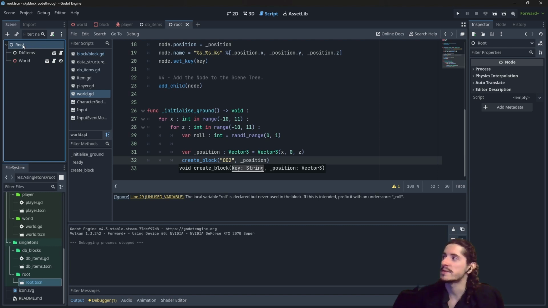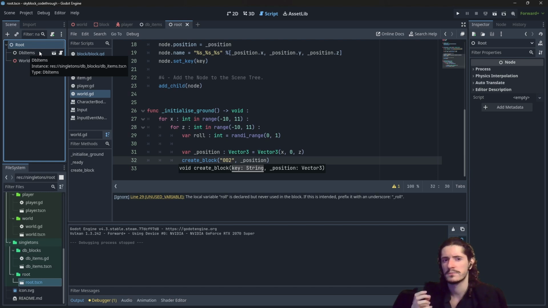So in other words, we have root, which is entering the tree, and then we will have DB items because it is the first child of root. Or if I want to say, root isn't ready yet because all the children of root are not ready. So it instances the first one, database item. Database item is